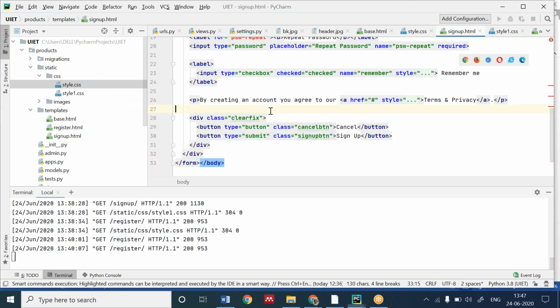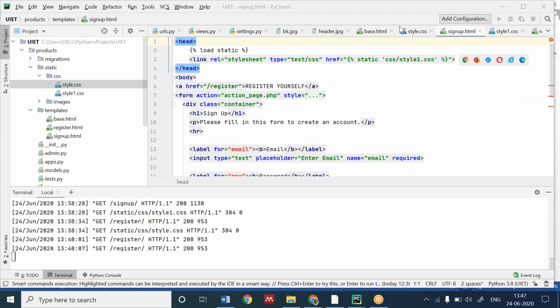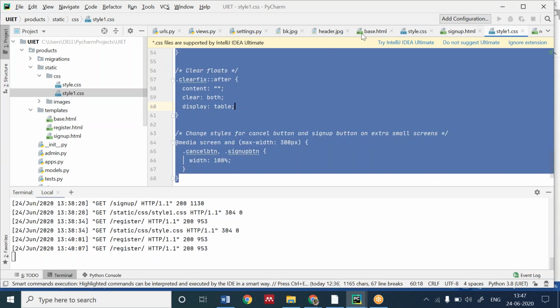Okay. For this, I have used which style sheet? Can anybody tell me? Style1.css. I'm giving you the style sheet also.